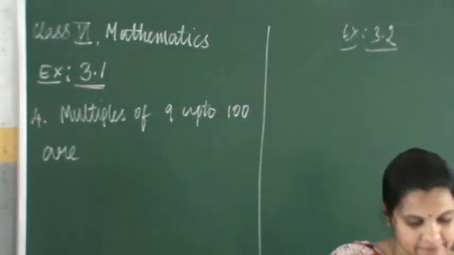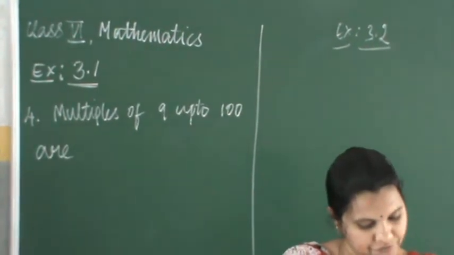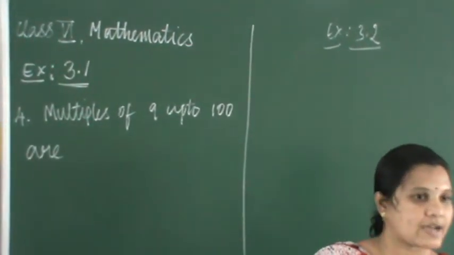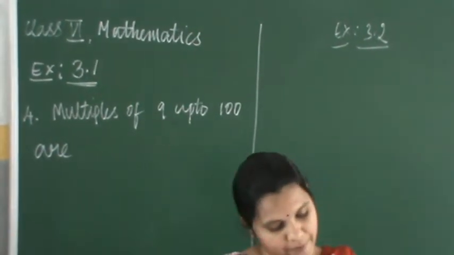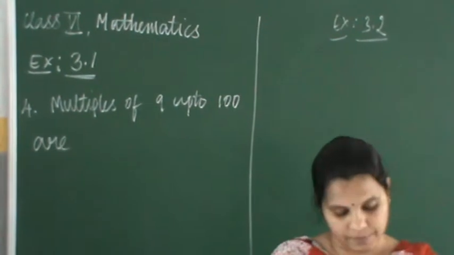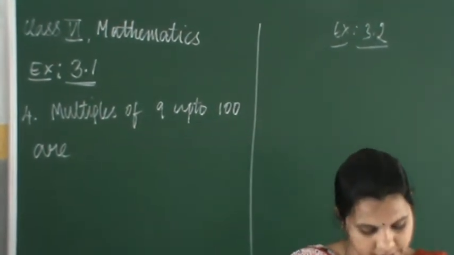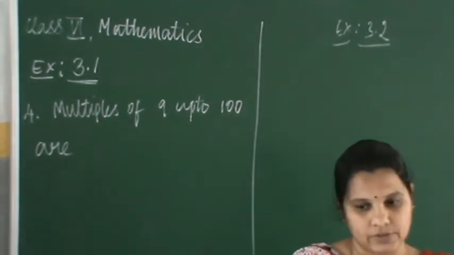The multiples, and I have explained to you the 3.1 exercise, first bit, second bit. Third bit I asked you to try. Third bit is nothing but match the following, children. You have to match column 1 numbers with what they have given in column 2. So children, do it. I will explain. Do it. That is for homework.